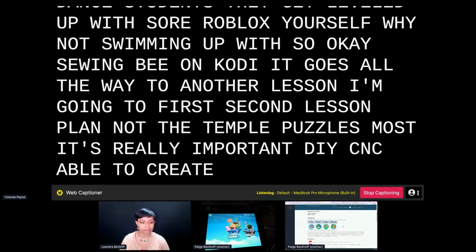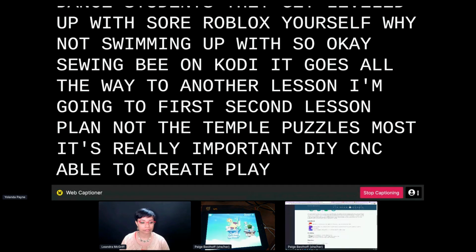So here's a lesson. It's called Octodrum, and they're going to get to play the drums. And they're going to be introduced to some new code blocks. So here they show you which the blocks are. Some new vocabulary words. Again, here's your objectives. And then they start with an unplugged activity.